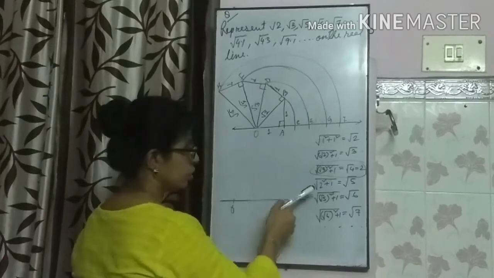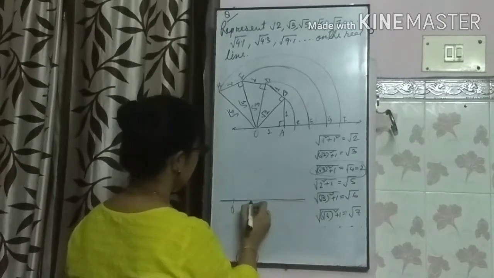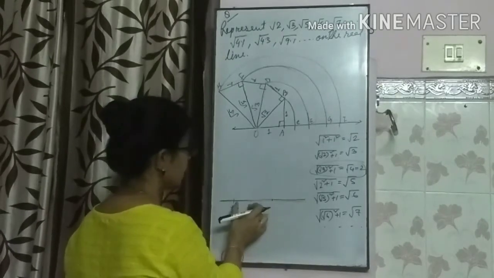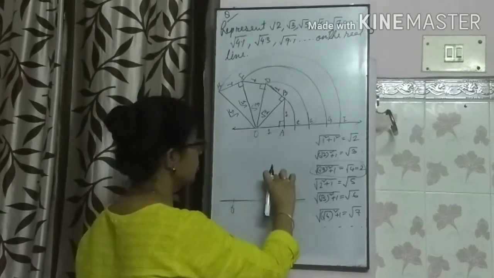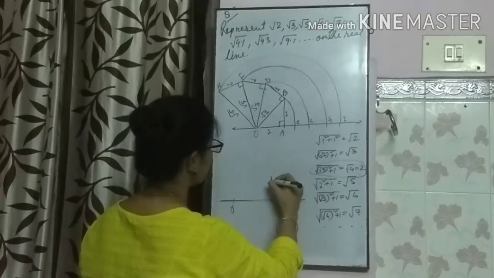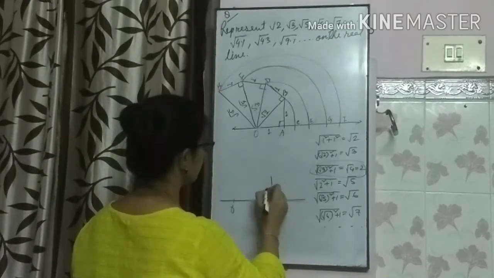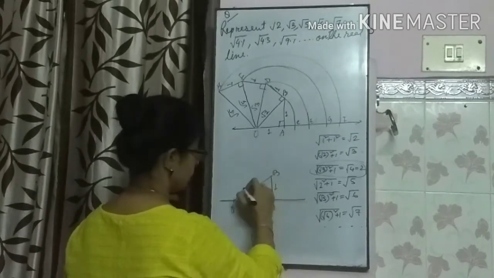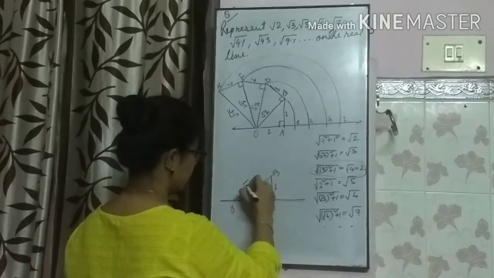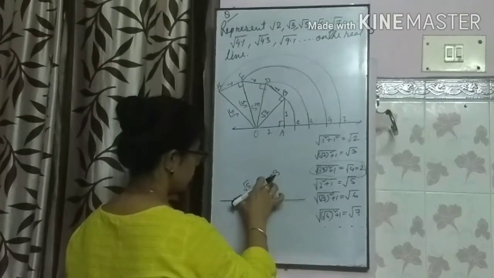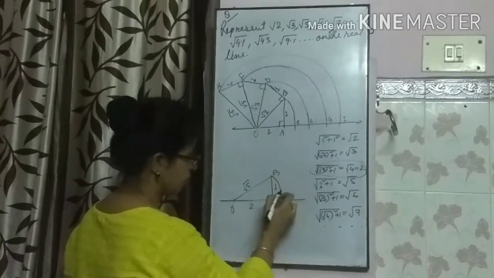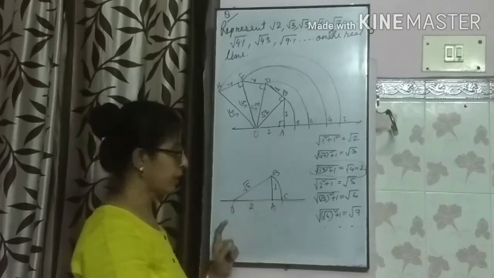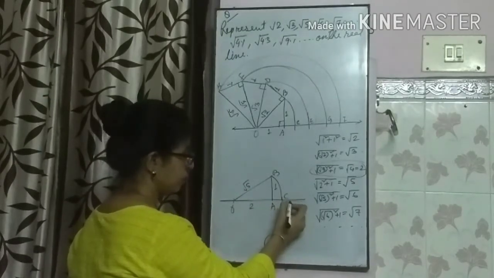what it is? Root 2 square plus 1, so 1 unit, 2 unit. So here 2 units. Suppose you have taken 1 centimeter, then 2 centimeter, here will be taken 1 centimeter. So 1 centimeter. Join up. And then it is 2 and 1, so it will give you root 5. By taking OB as a radius, make an arc. It will cut at a point C. C will represent root 5. So C point will give you root 5.